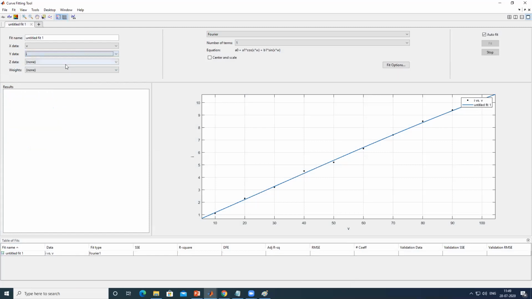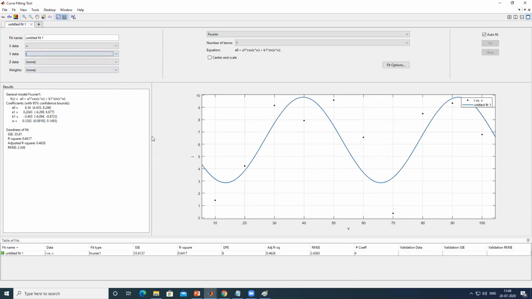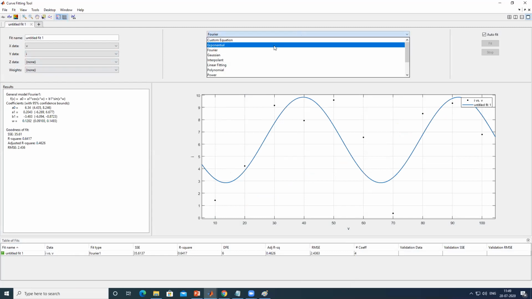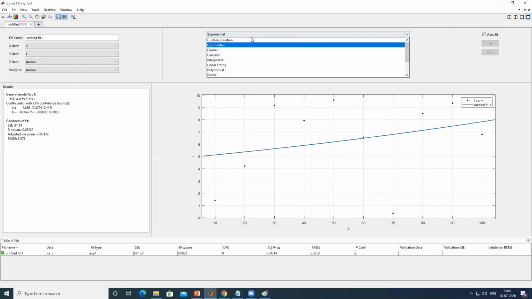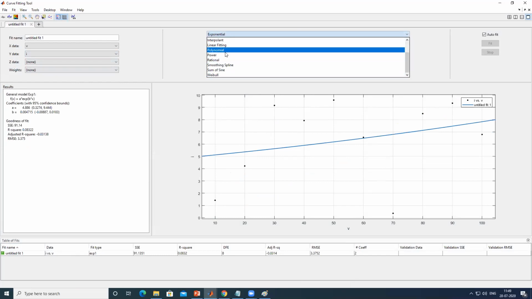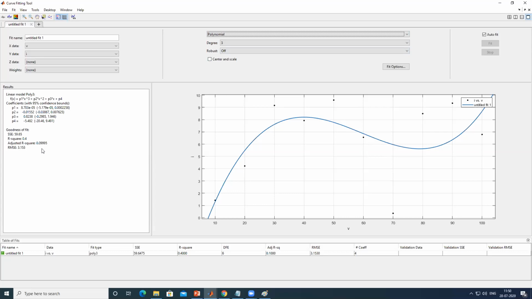Here I loaded the value of X again. We can see the random points MATLAB generated as black dots. We are taking a Fourier curve, which shows very poor efficiency; the value of R square is only 0.46. So obviously this mathematical model fails. Now, if I plot an exponential over the entire data, that also gives a very poor correlation. If I go for a polynomial of 3 degree, it gives me an overall 9% efficiency.